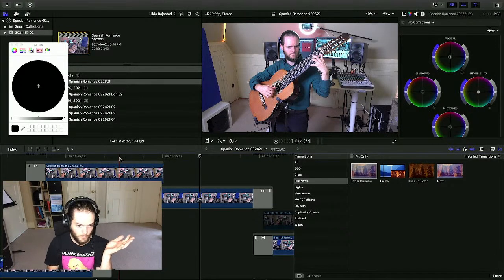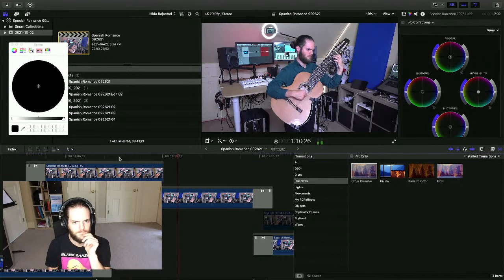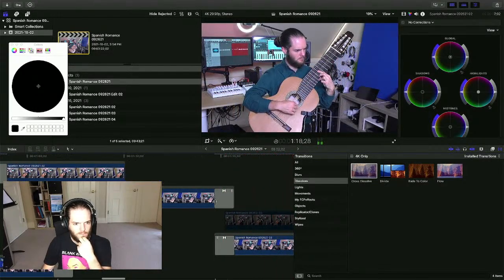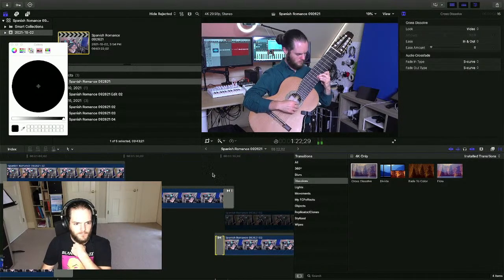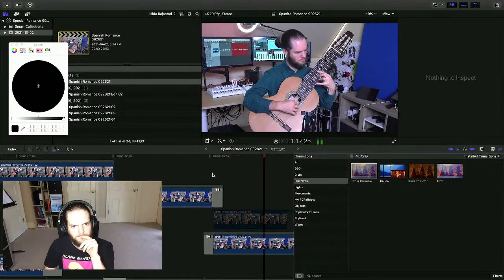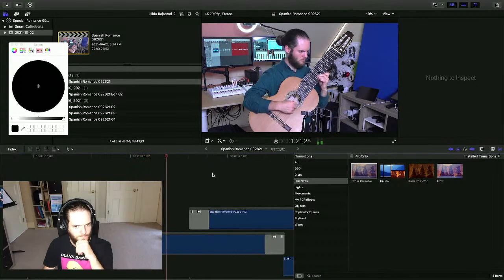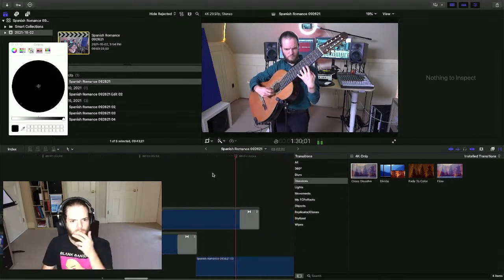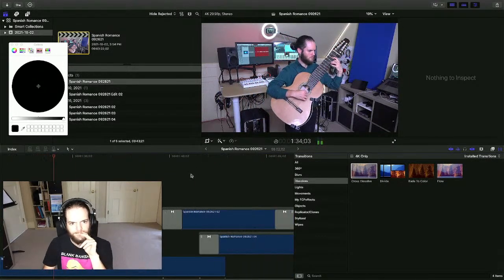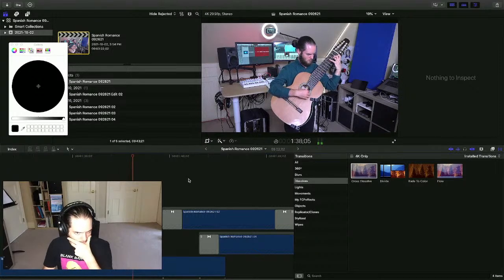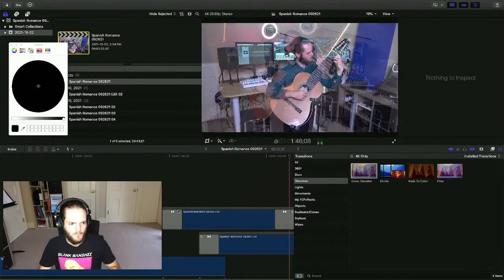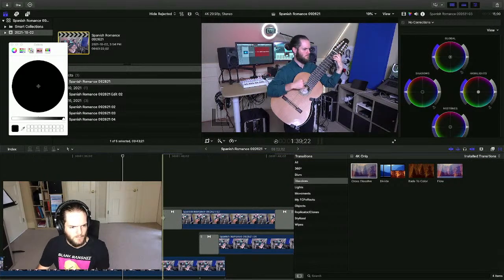This is a jump cut. If we remove the crossfade, which is coming actually just from the cross dissolve. Actually I think maybe it's better if we just